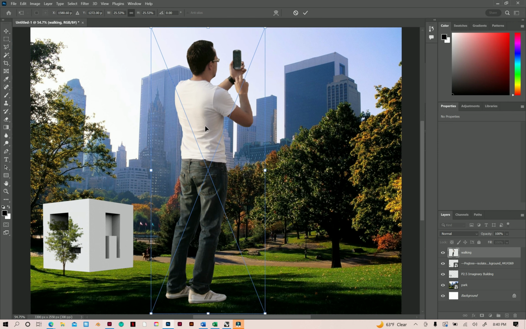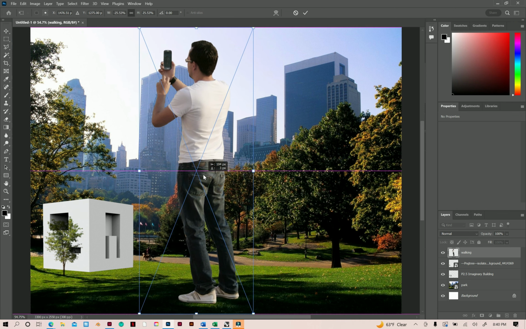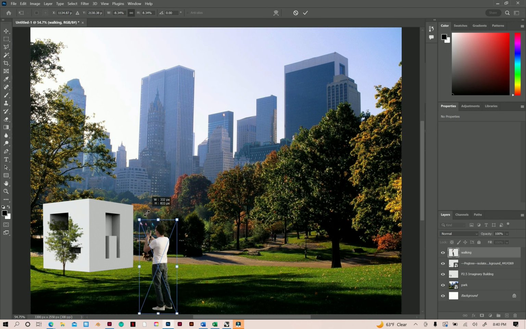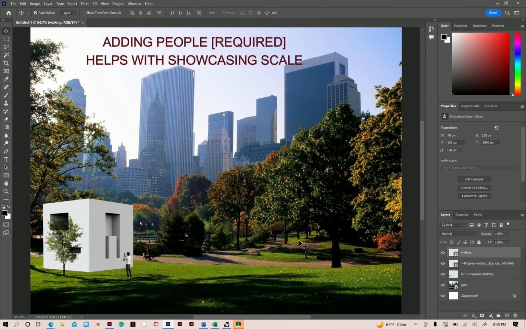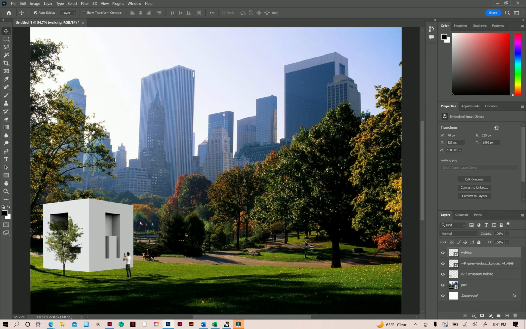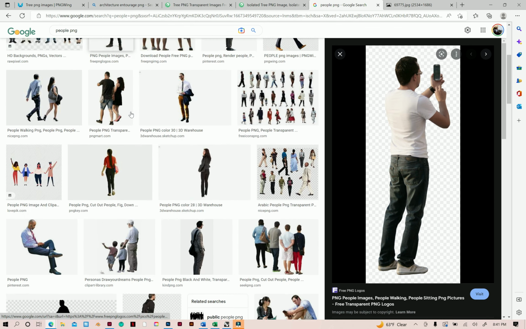So you have a person in, you can update how they're looking, where they are, and update the scale. And the scale helps set the tone for your building. So if he's next to the building, you don't want him to be that tall, because you can see people in the background. So you want them to be bigger than them by perspective, but smaller than your building. And it starts showing the scale of that building. There's different things. You just start playing around with it, and you start to create a narrative that then you can